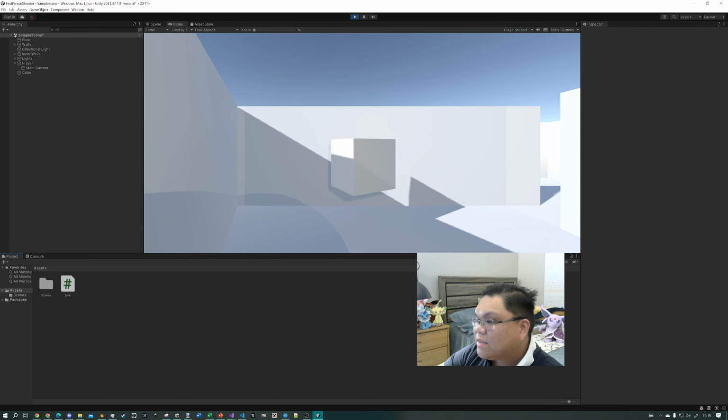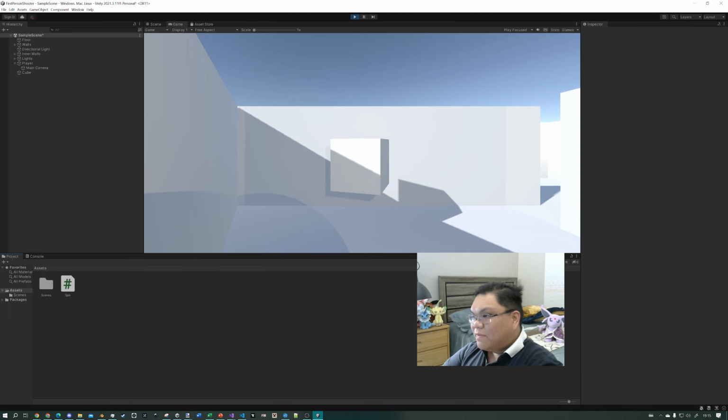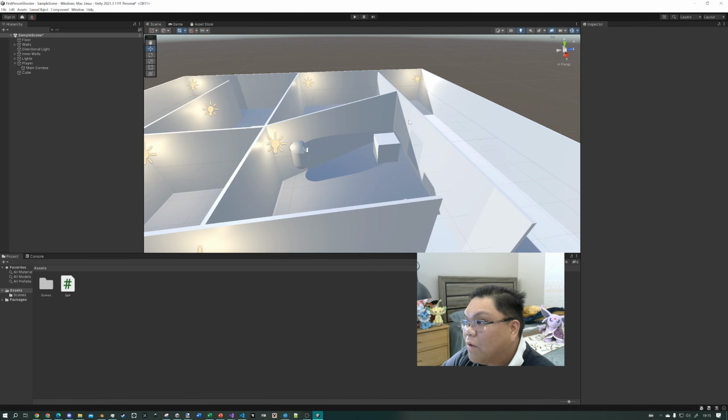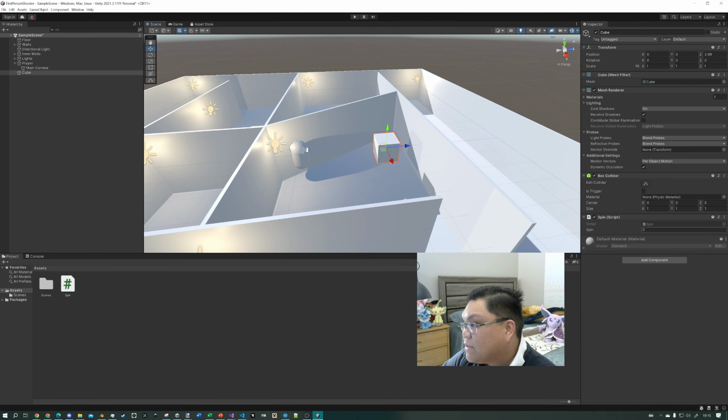Now it's spinning a few times a second. That's pretty fast. The thing about the inspector is you cannot edit values while the game is running because it won't save. If we want to change the value, we need to do it while the game is not running in the Unity editor. So if I want to change this 3 degrees to something else, say